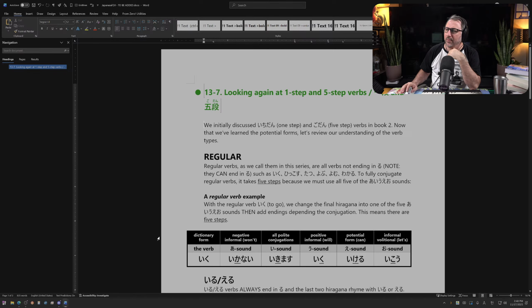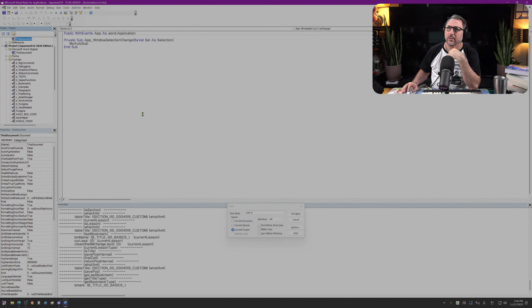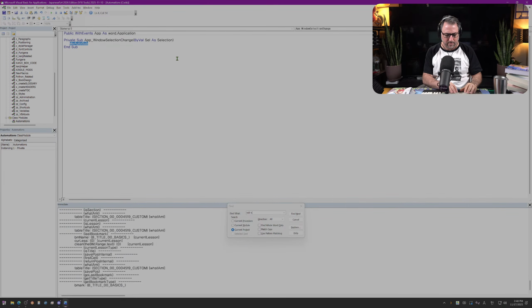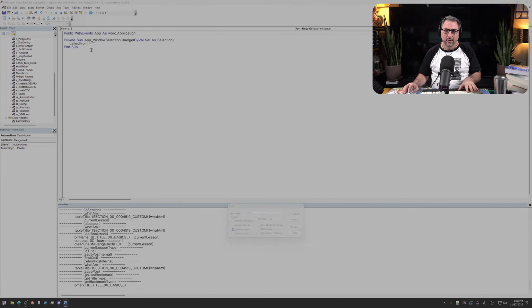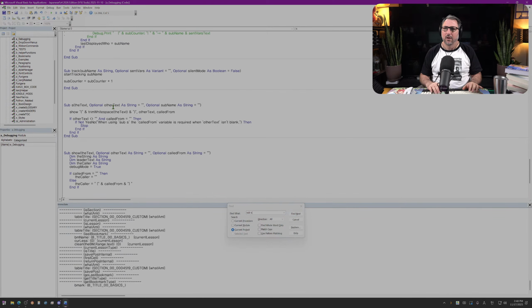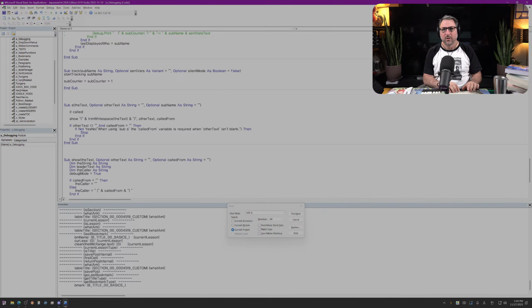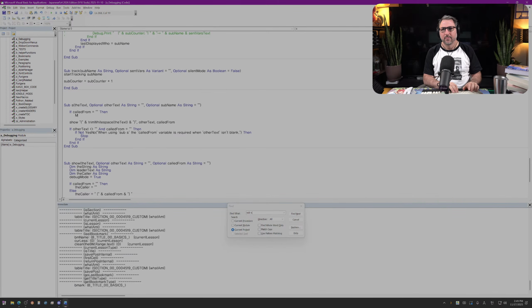All right, so with that, all I'm going to do in my code is in my auto sum. I'm not going to call it my auto sum. I'm going to add a bunch of things here, but I'll start with, oh, actually, wait. I can just probably say called from equals that. And then within the sub of S, I'll have an error here. If called from equal to this, then message